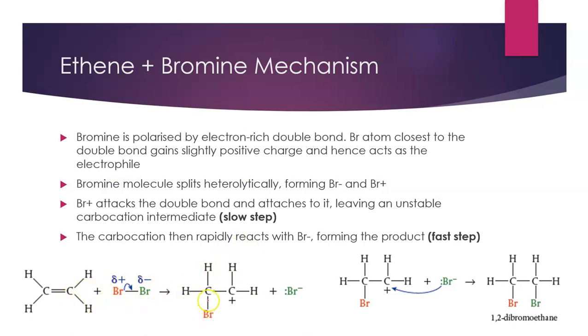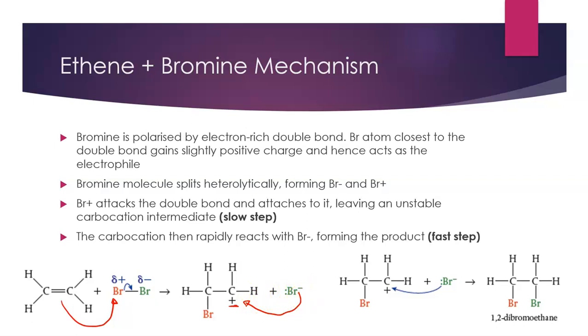The bromine attaches to one carbon, because remember we've got a curly arrow coming out here too. So the bromine attaches to one carbon, leaving the carbocation intermediate and a bromide anion. The bromide anion then will actually reattach to this electron deficient center and form the final di-substituted product. So this initial step is our slow step, and then we have a fast attack of the bromide anion with